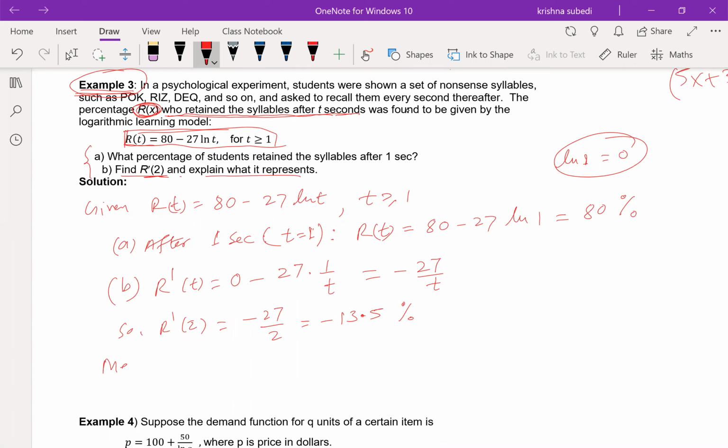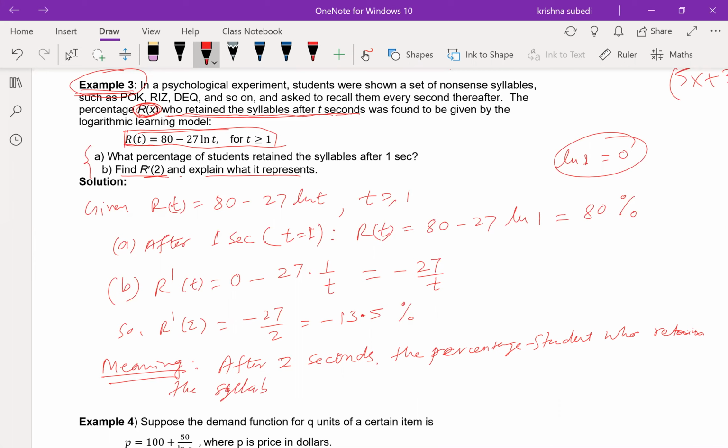So the meaning is after 2 seconds, the percentage of students who retain the syllables decreases by,